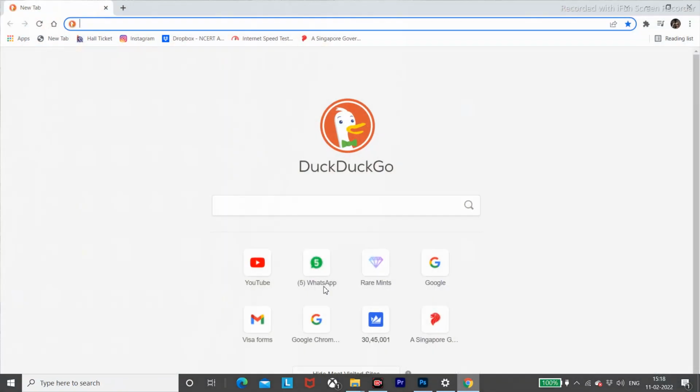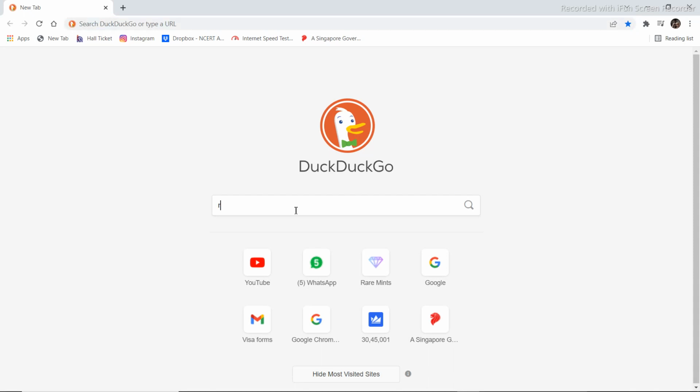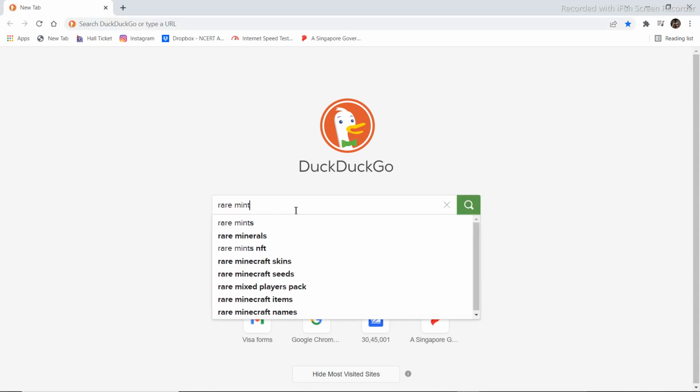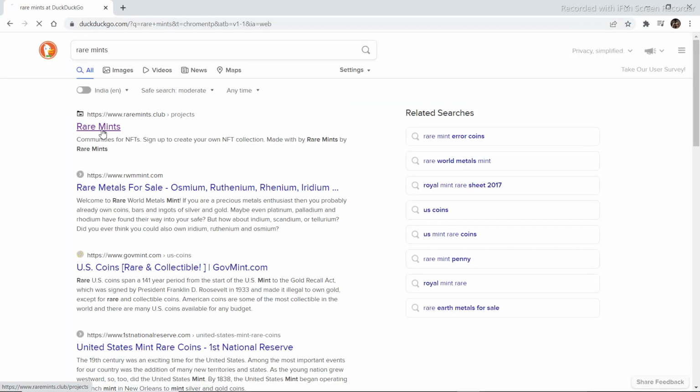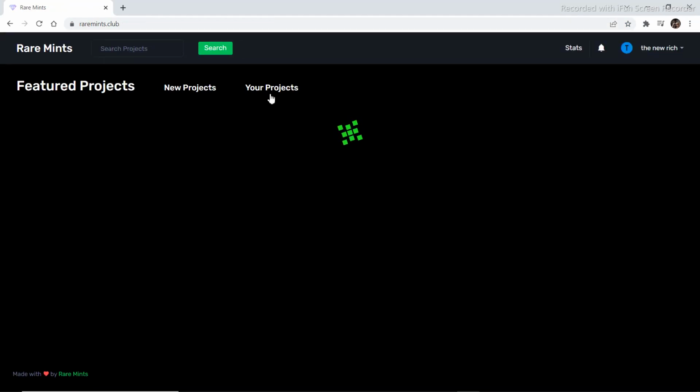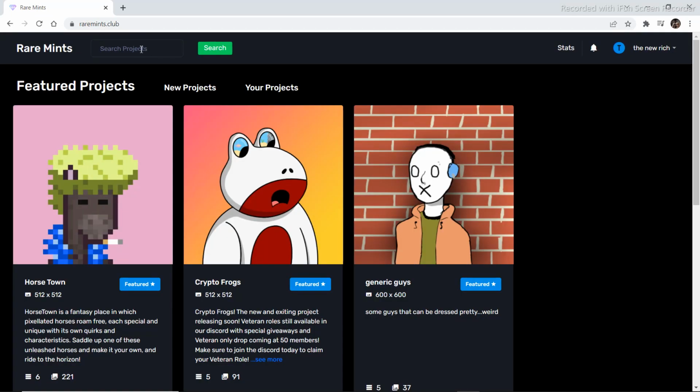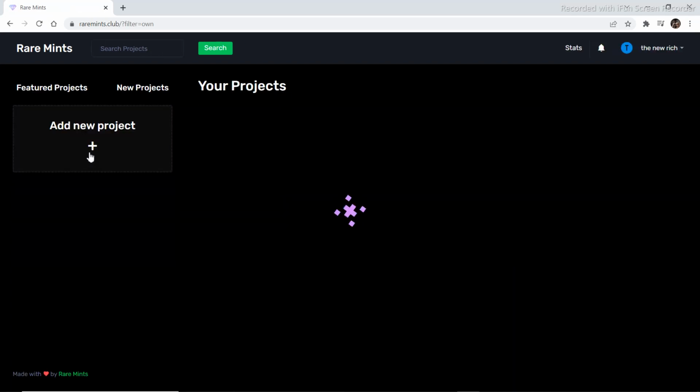So go to the web browser and type raremint.com, and then you need to sign up. As I already have an account, I'm not going to sign up. And then go to new project or your projects, add new project,